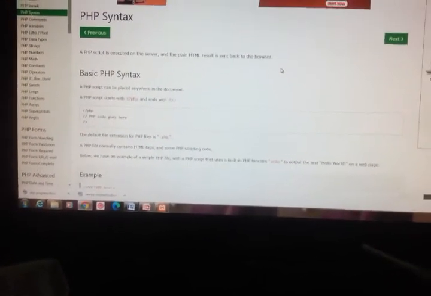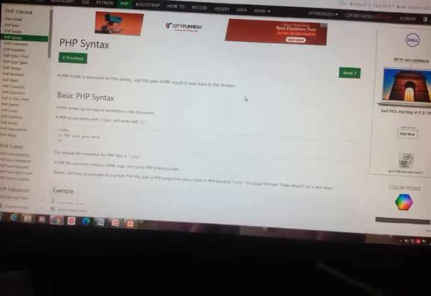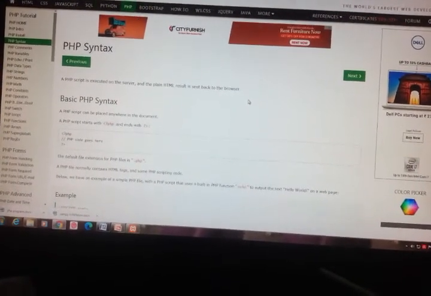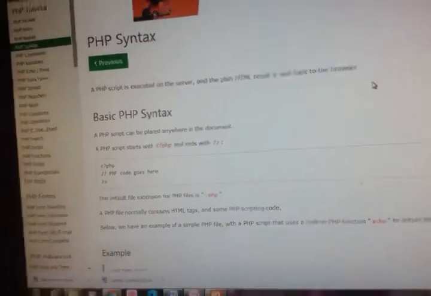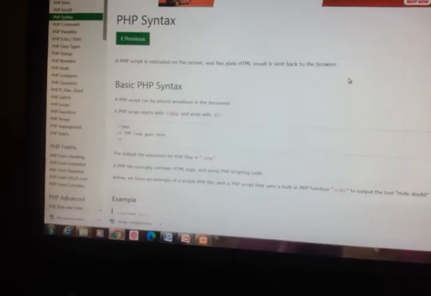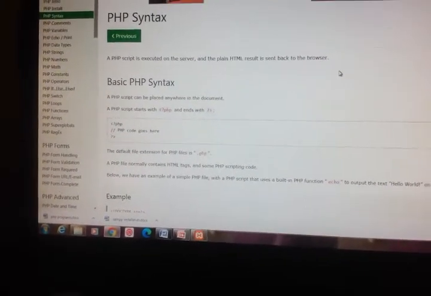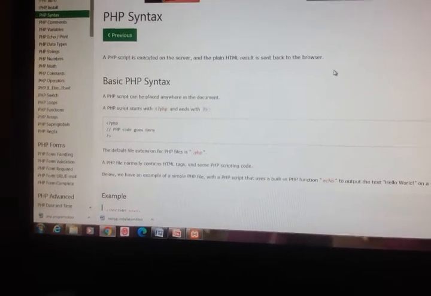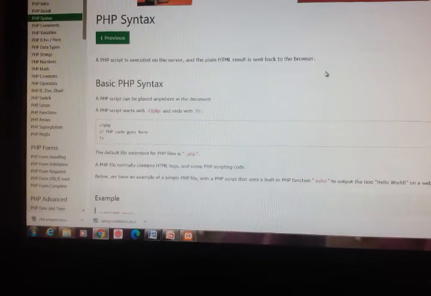We'll learn all from basic to advanced, we'll see everything, the syntax. If you see the syntax, a script starts with less than question mark PHP and ends with question mark greater than symbol.